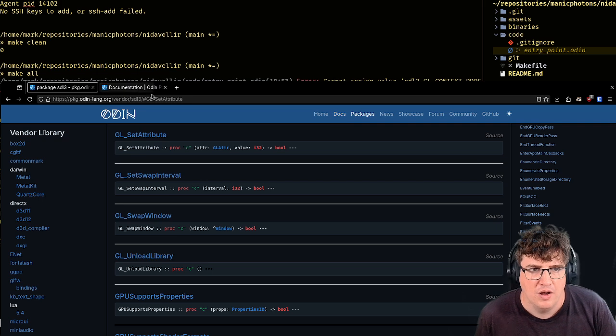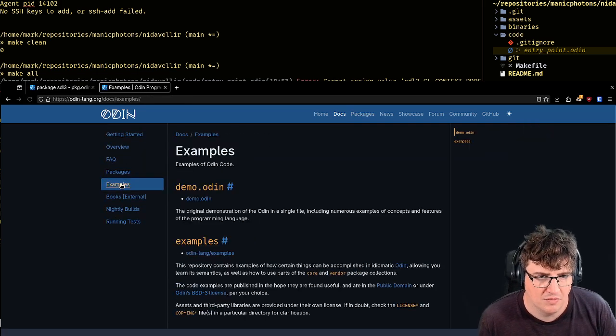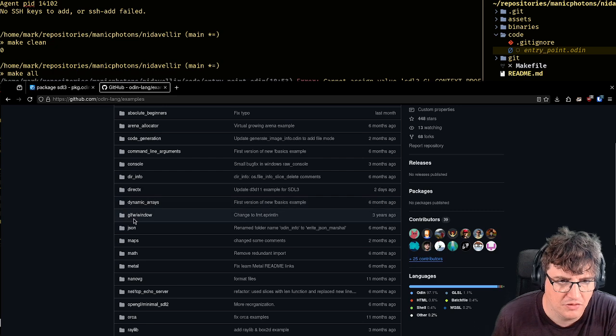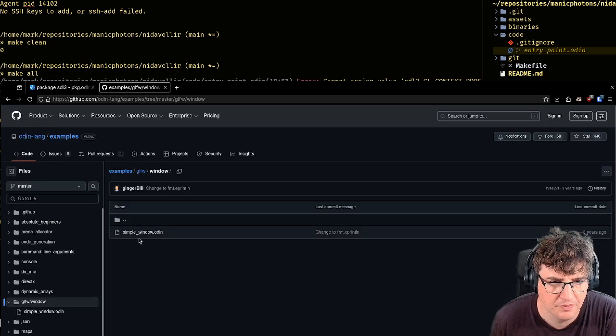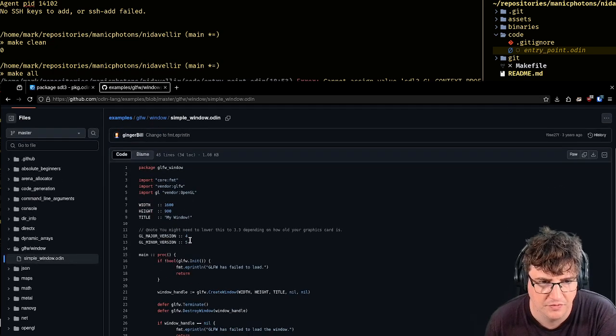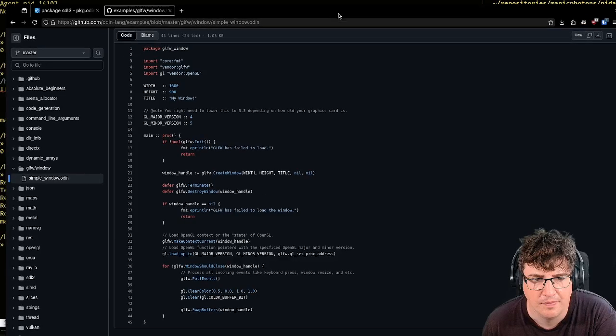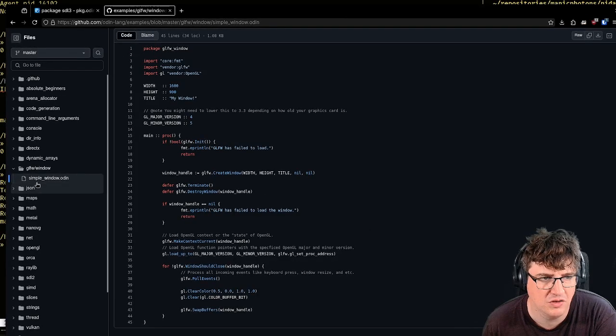Let's go back into docs examples. Lang examples. There was this simple version. That's using GLFW.